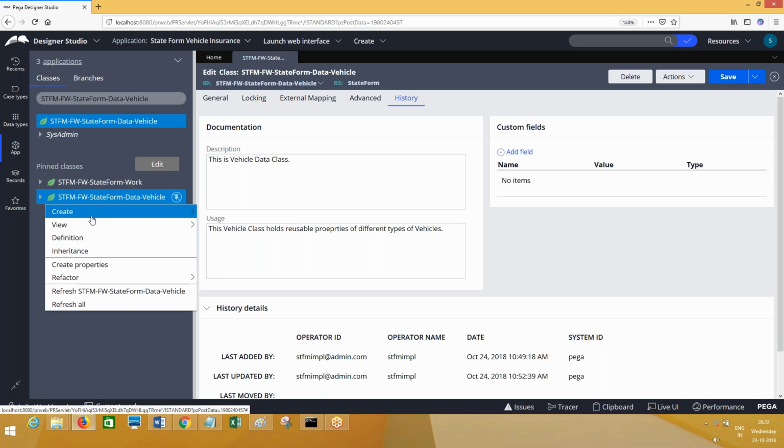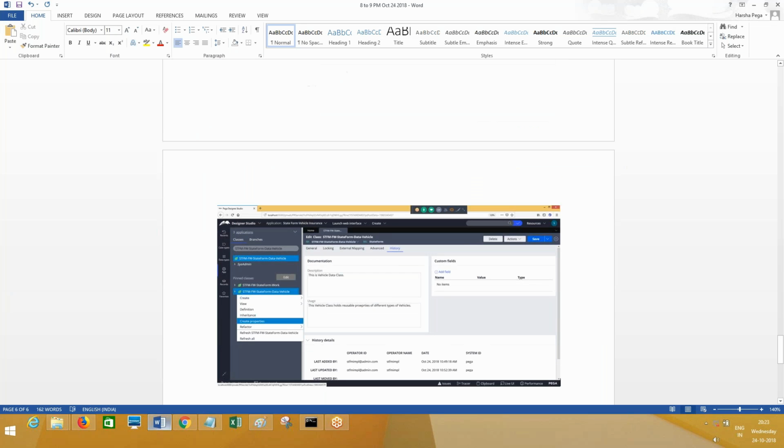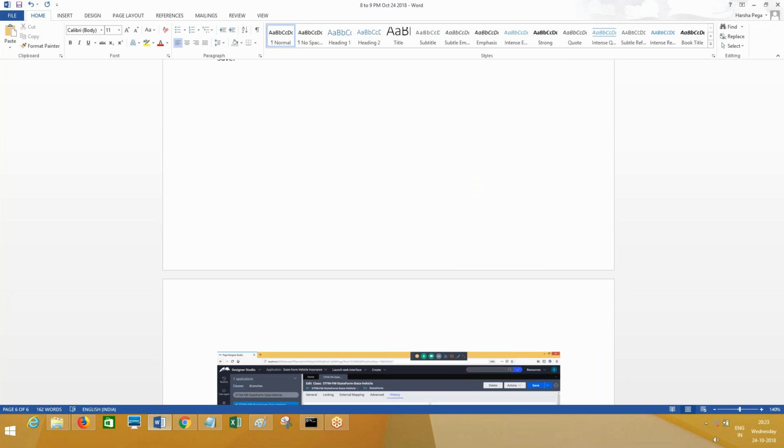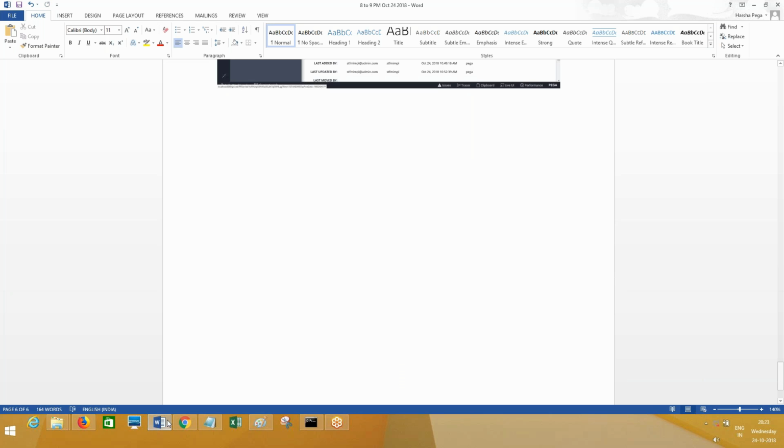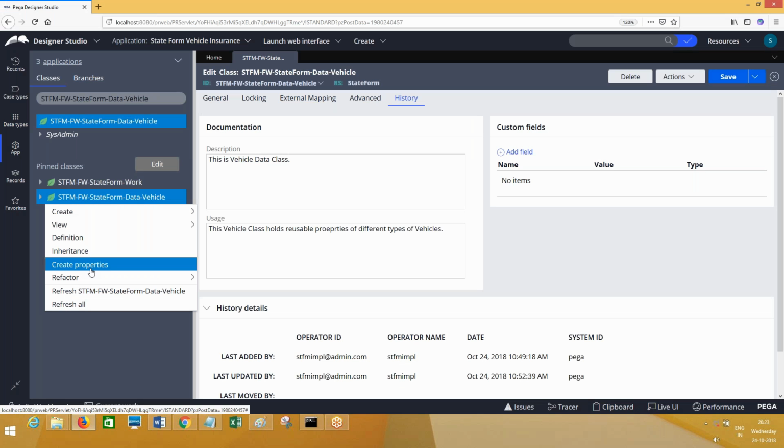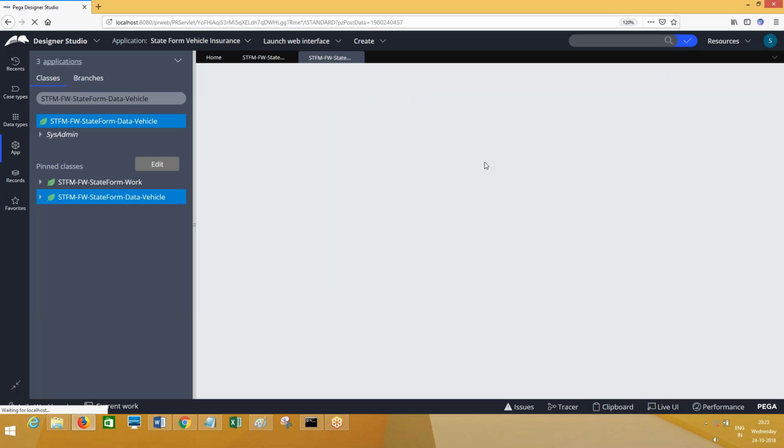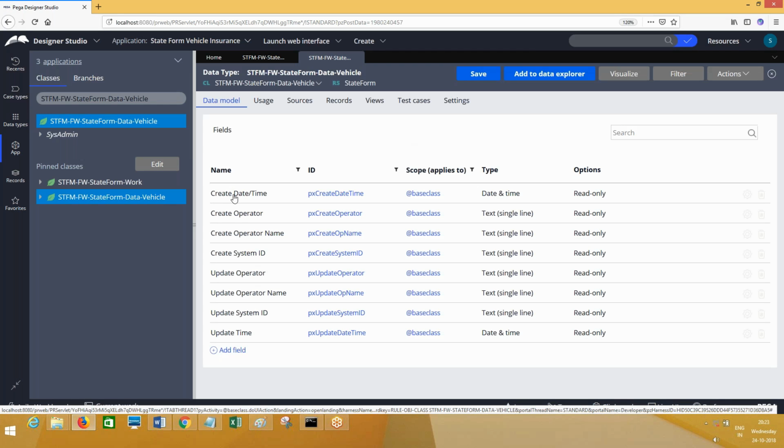Okay. Now creating properties. Choose create properties. You don't know this way to create properties, right? Previously, you know, right click, data model, property. So now, this is another way to create properties. Just straight away you can learn, there is nothing technical in this. Right click on the class and create properties. See, now it will give you a wizard where you can add multiple properties at a time. It will give you some predefined properties, like create date time. You don't bother about this. Leave all this. We'll come across it later.